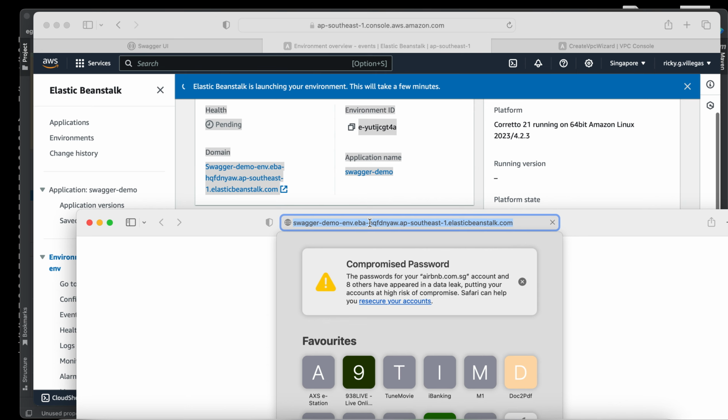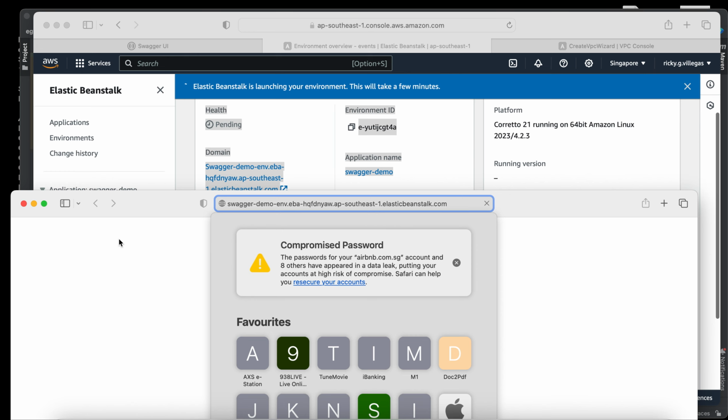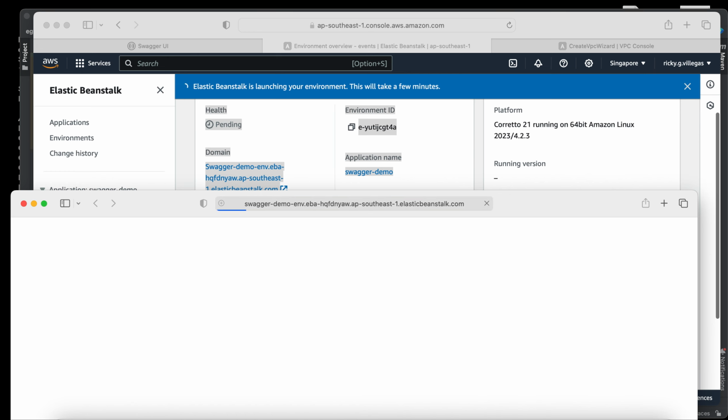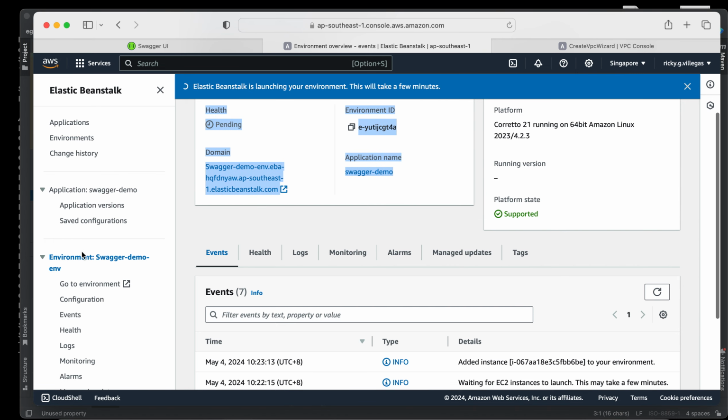So the Swagger demo environment is not accessible yet. We can even see the logs here.